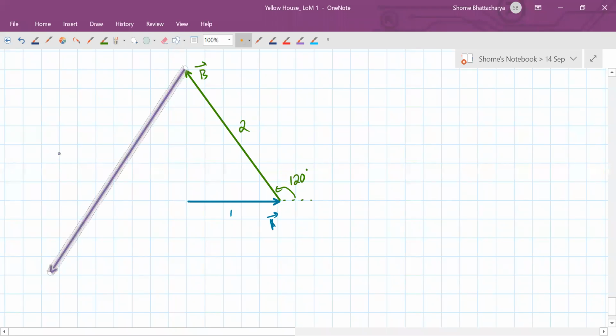So that is some vector like this. With respect to B, it's at an angle of 120. Its magnitude is 3. Okay. So these are the three vectors A, B and C which we have drawn head to tail. Now in this, where will the resultant be? Where will the resultant of these three vectors be?